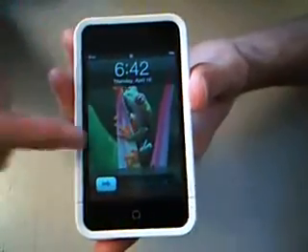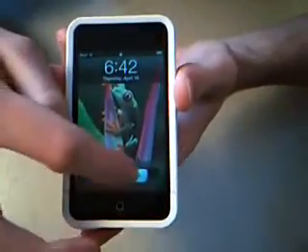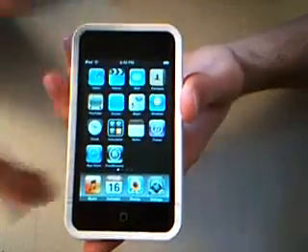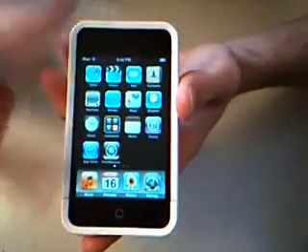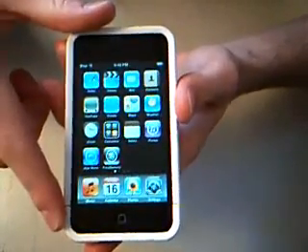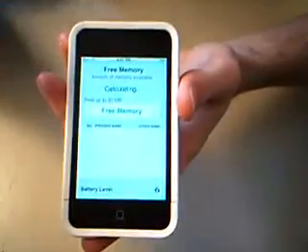So, stick to it. First of all, background. Here is the little frog that came with it, the slide unlock, and the standard screen. This is my favorite app right here, Free Memory. Just go to the App Store and search Free Memory 1.4. Basically what it does is it kills all your processes that you're not using.